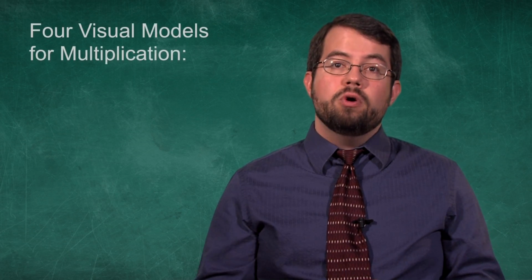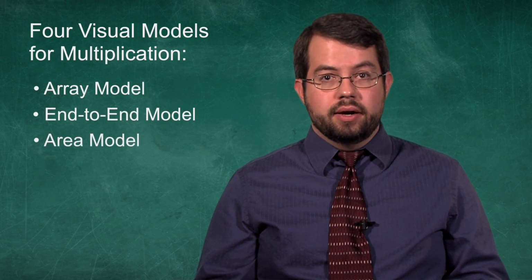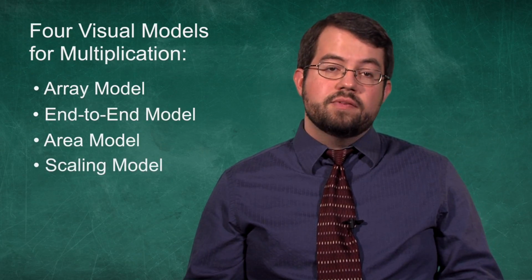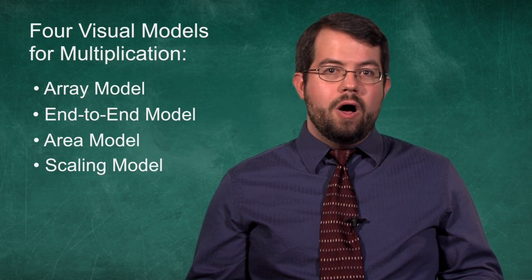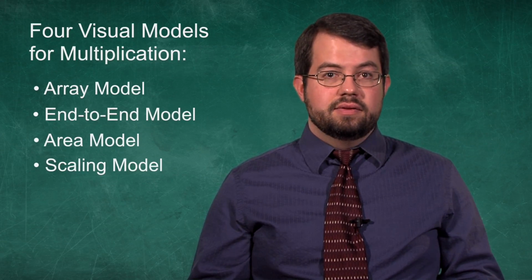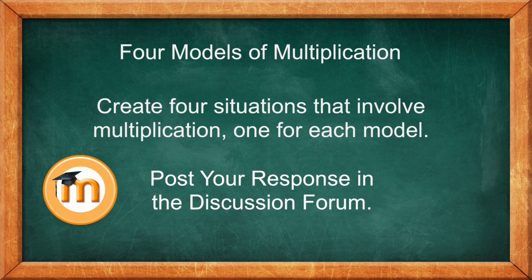We've now settled on 4 visual models for multiplication: the array model, the end-to-end model, the area model, and scaling. Each has potential benefits and drawbacks, and it's good to be aware when each of them is appropriate to use. Like all mathematical modeling, this takes practice. At this point, reflect back on the first 3 videos and the 4 models of multiplication that we've used. For each of the models, try to come up with a situation in which that model can be used to solve a problem. Once you have completed your forum post for this lesson, please reply to the post of at least one other person in the discussion forum. In the next few sessions, we'll build further on our understanding of multiplication.